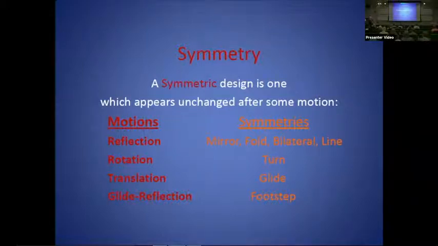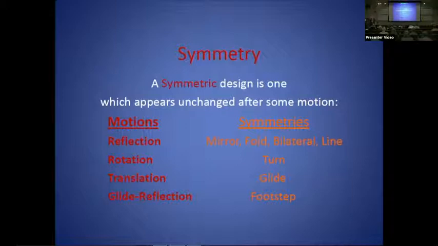Translation symmetry. Tessellations have a lot of translation symmetry. Translation symmetry simply means that the motif is moved to the right or to the left repeatedly, or up and down, or maybe at some angle. So as I look at this room here, I see essentially a tessellation of chair backs. This chair back can be translated to that one and then back to that one and back to that one. They can be translated back and forth, sort of east and west. No, it's actually north and south, and also east and west. So the image of all these chair backs